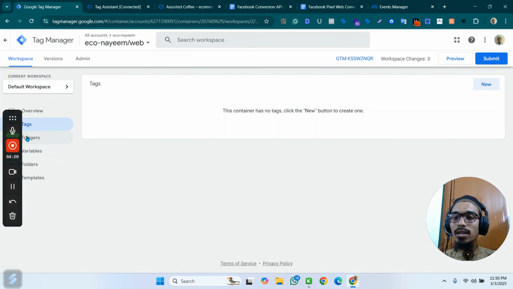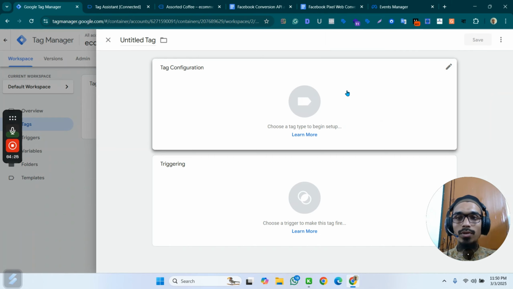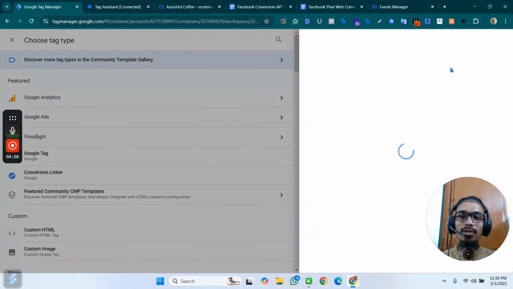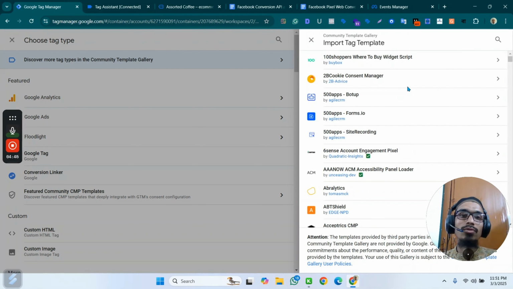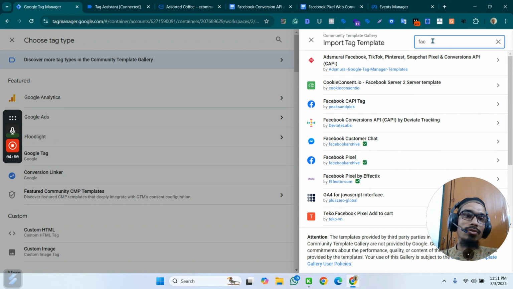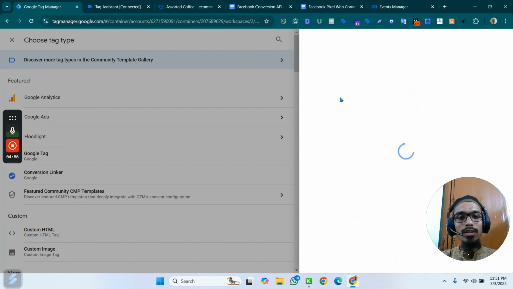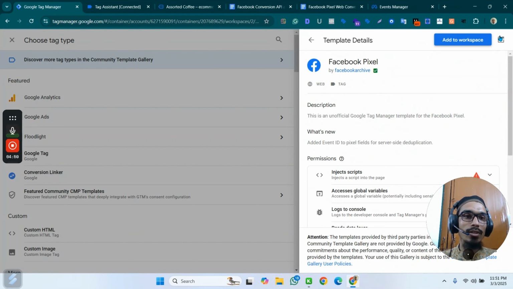I'm going to show you everything you need to know to set up the conversion API for your business. First of all, as we are going to set up the Facebook conversion API, we have to set up the Facebook browser-side or client-side tracking, and then we have to create our Facebook server-side tracking. So I have to just write Facebook, yeah, Facebook Pixel by Facebook Archive, add to workspace,